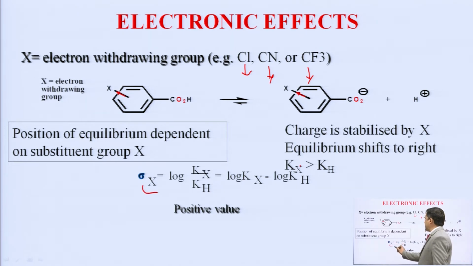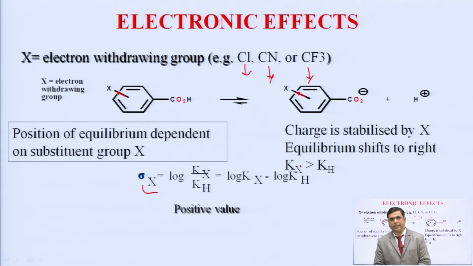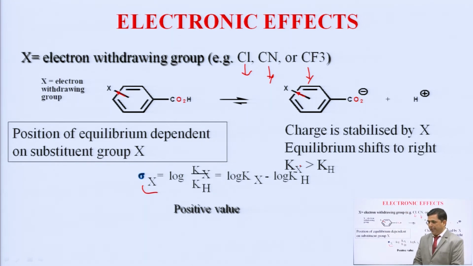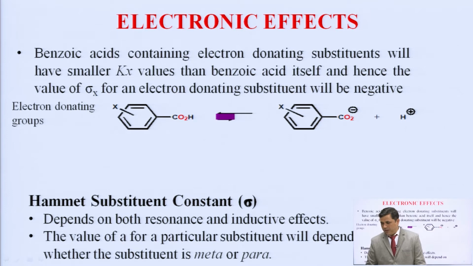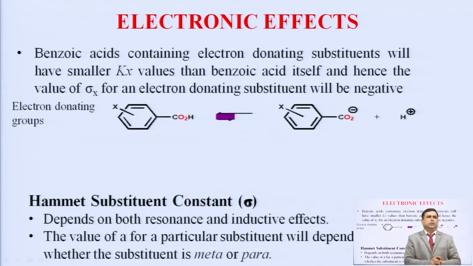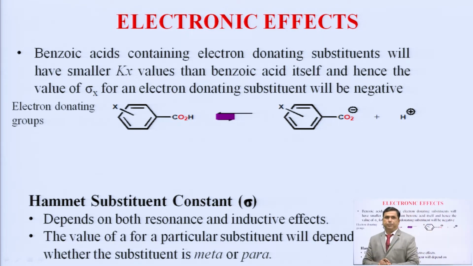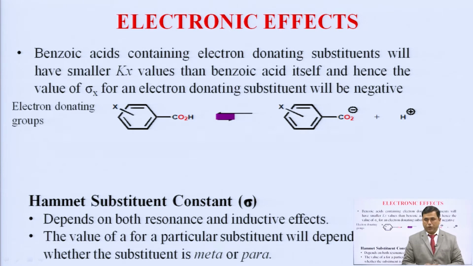So, sigma x equals log Kx upon Kh, which equals log Kx minus log Kh. In this case, a positive value will be obtained. In the next case, when the benzoic acid has electron donating groups, so in the benzoic acid containing electron donating substituents,